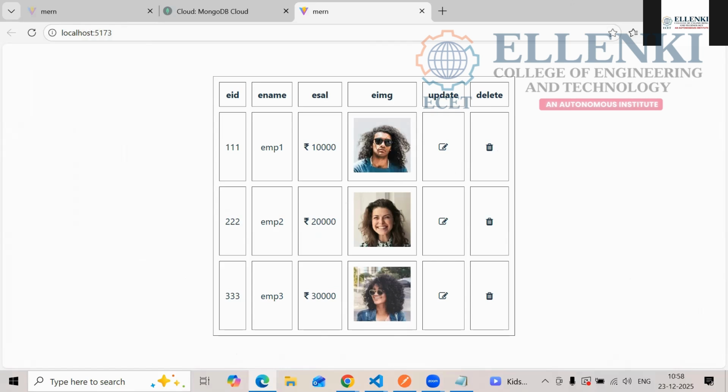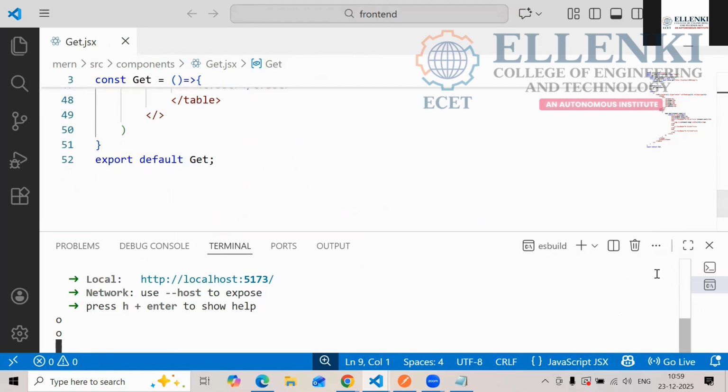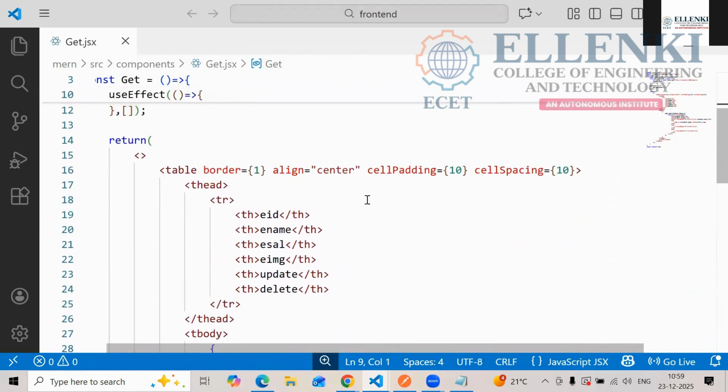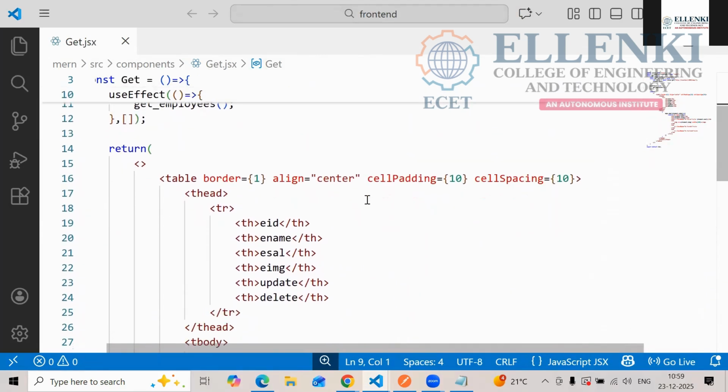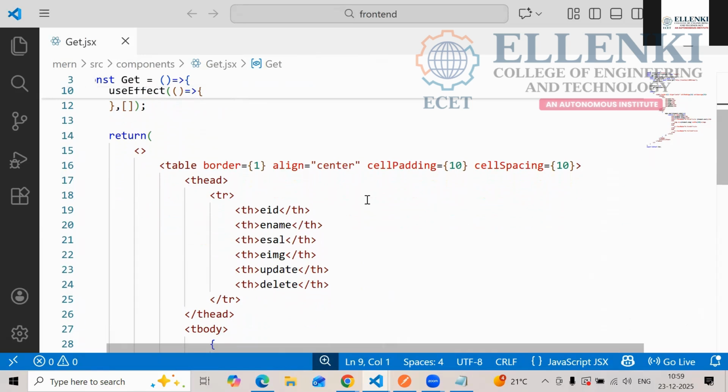So now see here, this one in this front end we are writing some code. See here. So from this only we are starting the table creation, right? So this is the table border, align, you know, cell padding, cell spacing also.